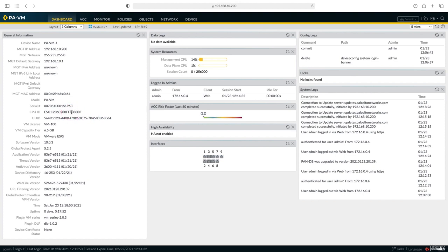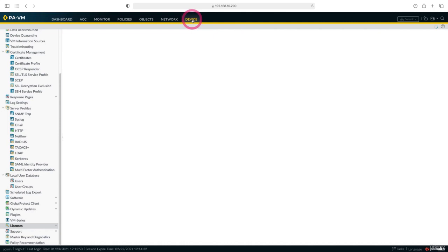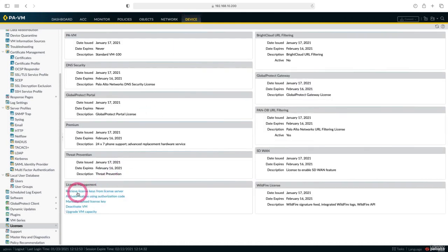Since I do not work for any Palo Alto partner and I'm not a Palo Alto customer, I asked Palo Alto distributors for support and they helped me with the license and made license entries. After making the license entries, we come to the device section. When you click on Retrieve License Keys from License Server, our device connects to Palo Alto's license servers over the internet and confirms our license. After our license is approved, we can see our licenses here.